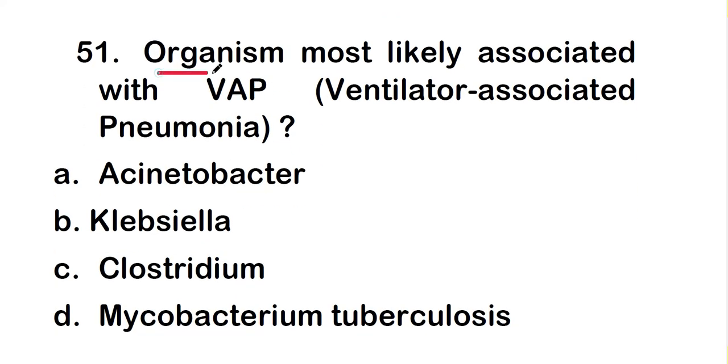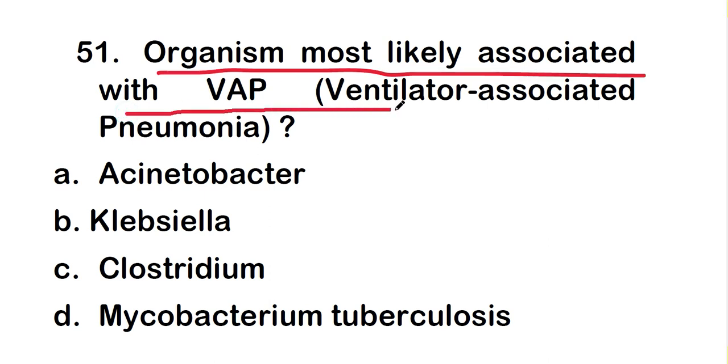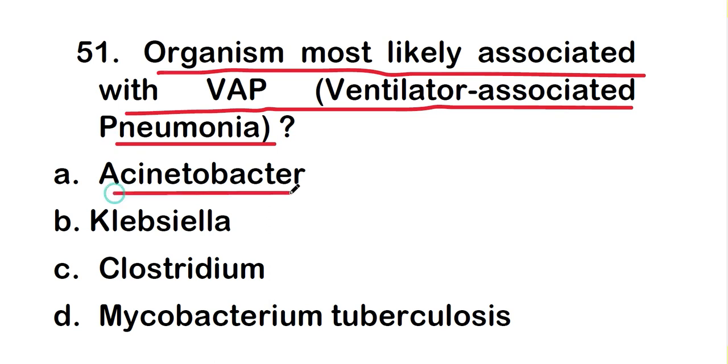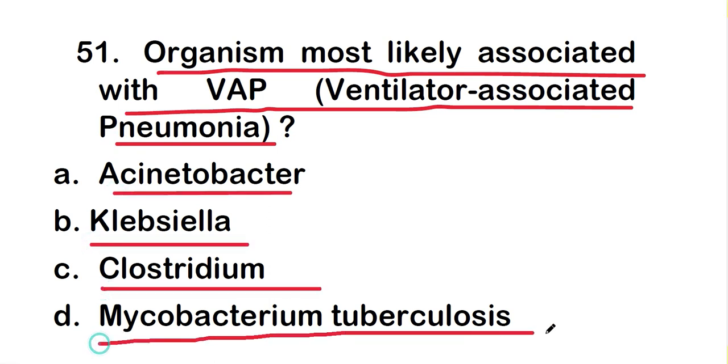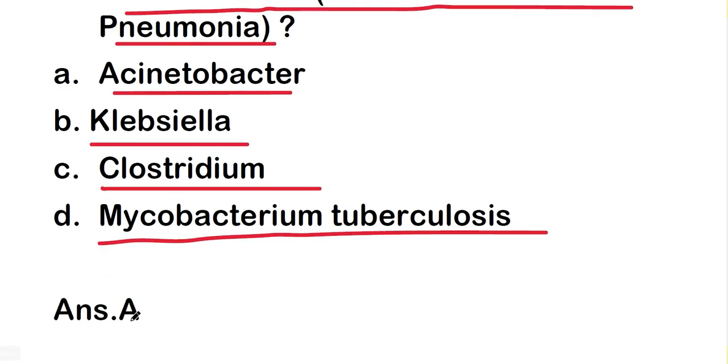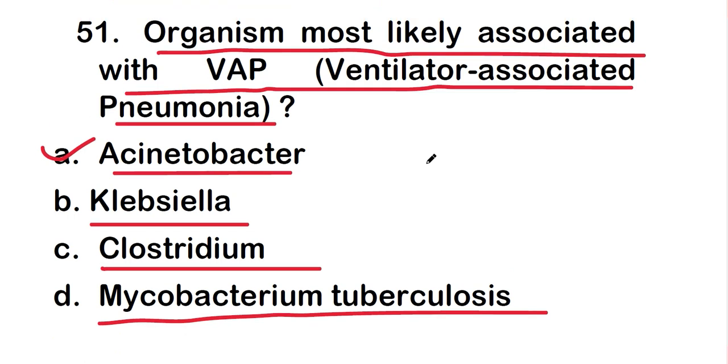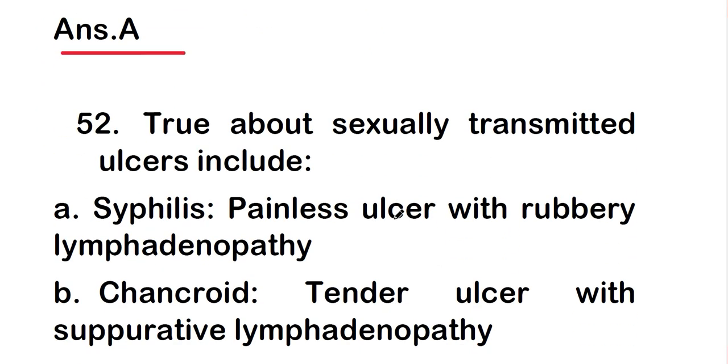It is organism most likely associated with VAP, that is ventilator associated pneumonia, is Acinetobacter, Klebsiella, Clostridium, or Mycobacterium tuberculosis, and the right answer is option A, that is Acinetobacter. So Acinetobacter is the most likely associated with VAP. Okay, so next one is